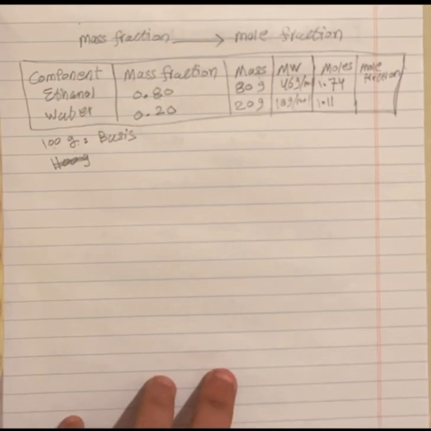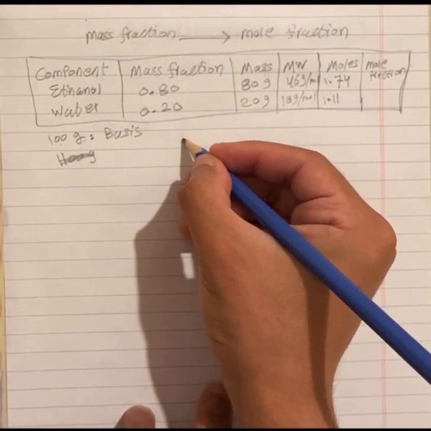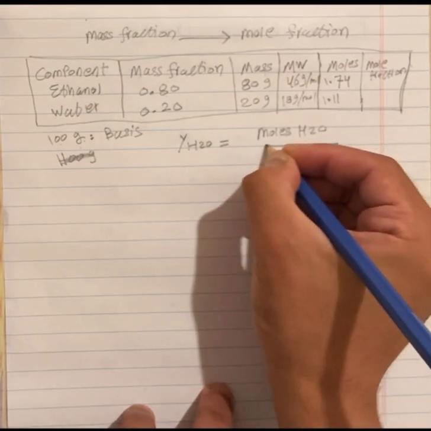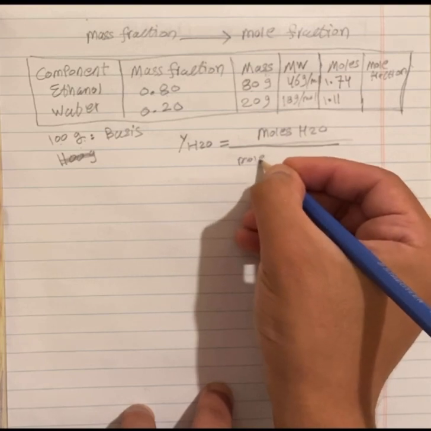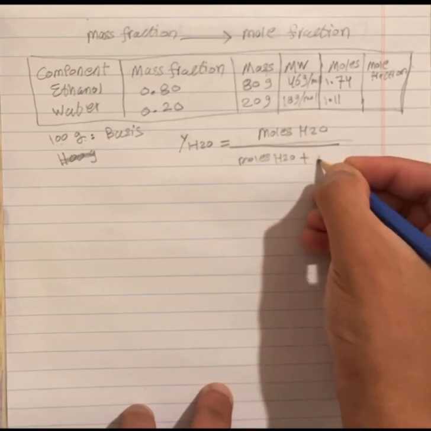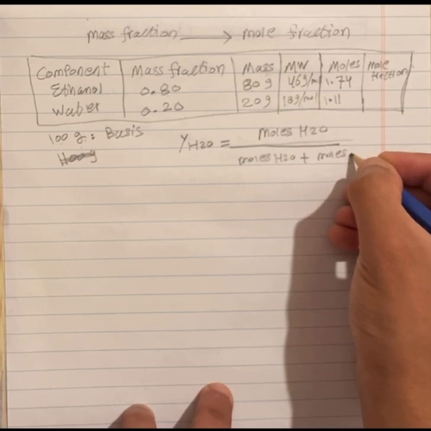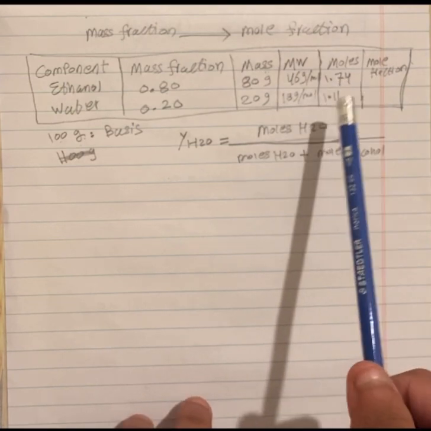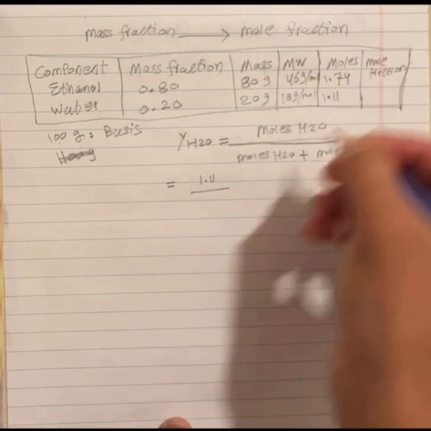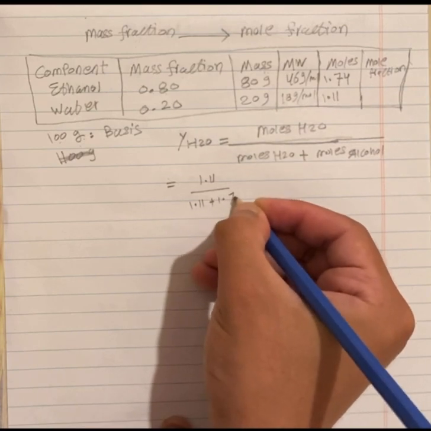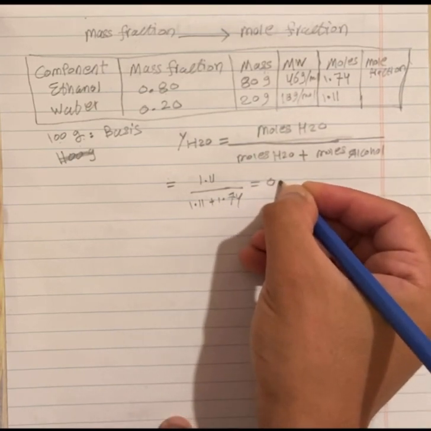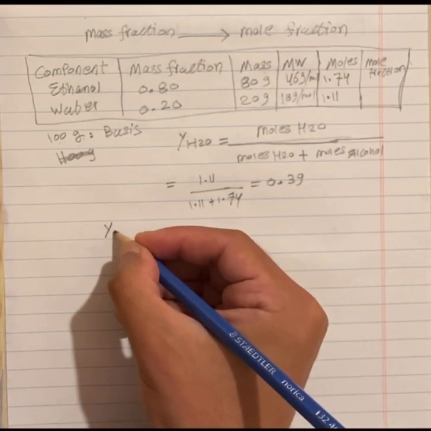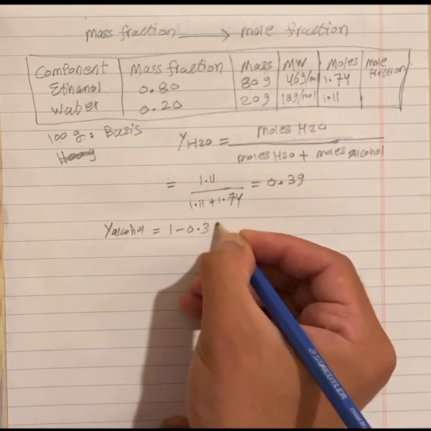Now take the mole fraction. How do you find the mole fraction? Mole fraction of H2O is equal to the moles of H2O divided by the total solution, which is moles of H2O plus moles of alcohol or ethanol. Do this formula now: 1.11 divided by 1.11 plus 1.74, and the answer is roughly 0.38 or 39. And the balance is ethanol, so Y alcohol is equal to 1 minus 0.38, which is equal